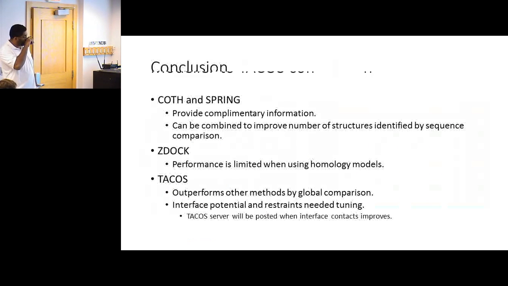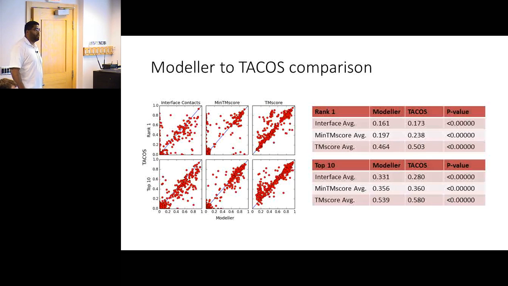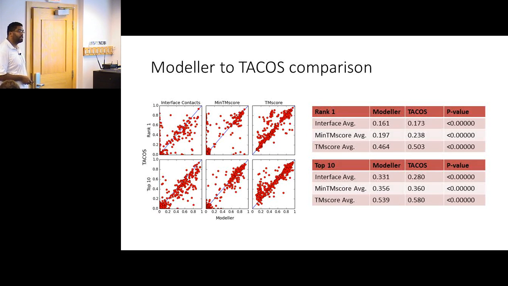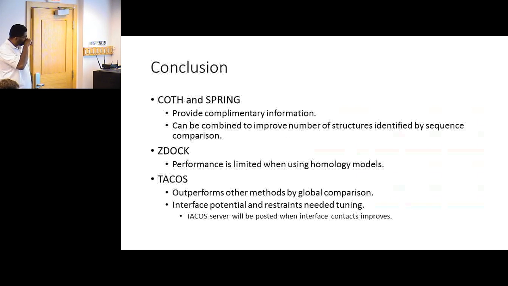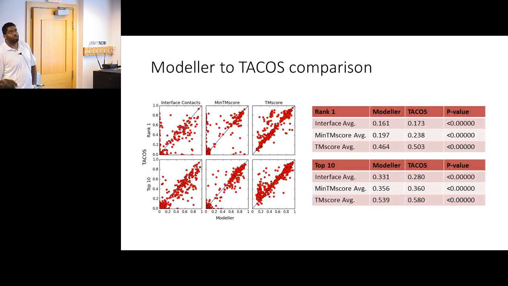So, how long does it take for your program to? Okay, so MODELLER takes about 20 minutes, I think, after you've done all your threading and stuff. Whereas a simulation with TACOS takes about 10 to 15 hours. So, is MODELLER running on as many machines, or what's the implementation behind here?